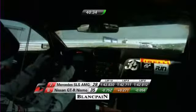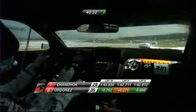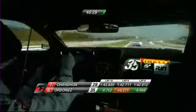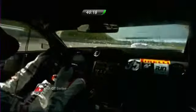On board with Lucas Ordonez now as he tries to close in on Karun Chandhok in front. Through this fantastic sweeping section of the circuit. Just a little lift on the approach then before braking for Skyflock. Brilliant vantage point to watch the circuit there, and Ordonez is pretty close actually as they come through the right-hander at the Masters corner. Will the Spaniard fancy a lunge